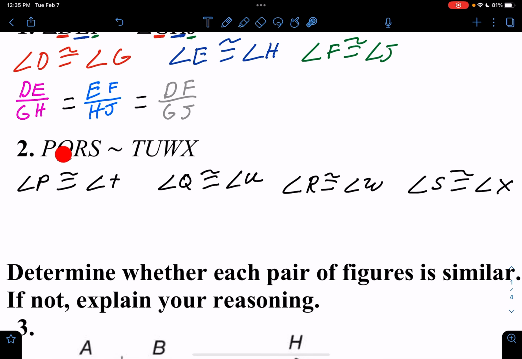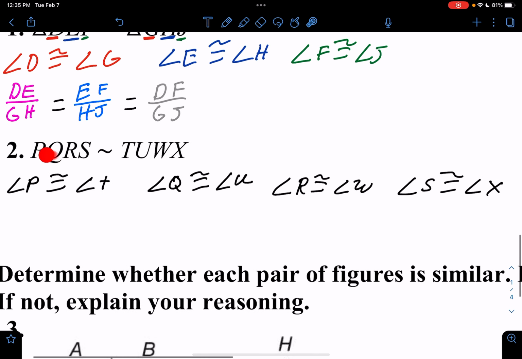Now we're going to talk about the sides. Side PQ is going to be similar to TU, but I'm going to make it as a fraction. So I'm going to compare. I'm going to make a proportion out of these two. So now I can say PQ is to TU just as QR is to UW,